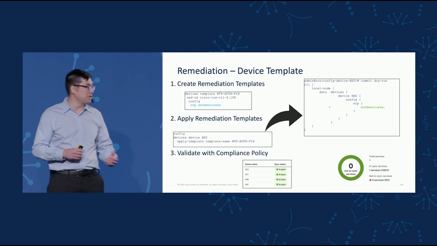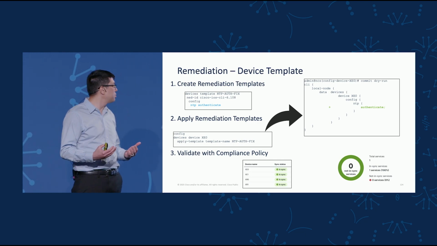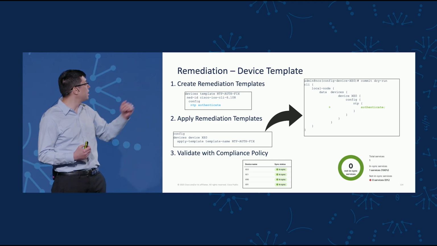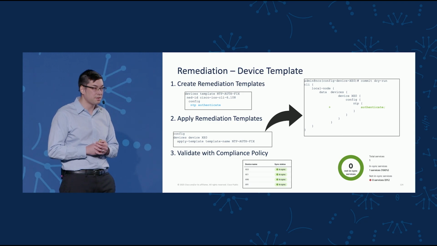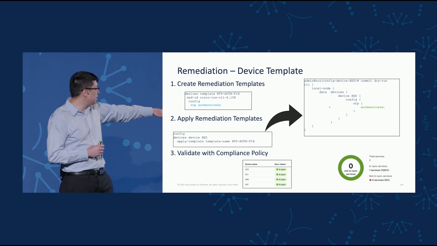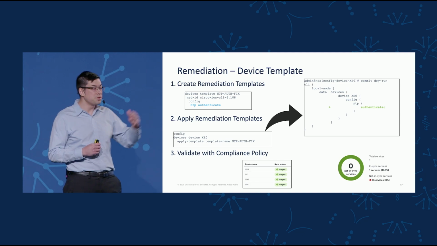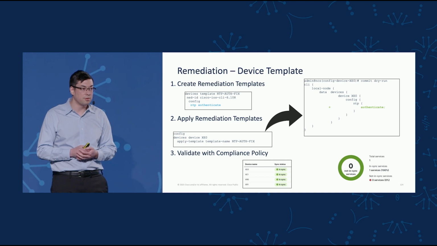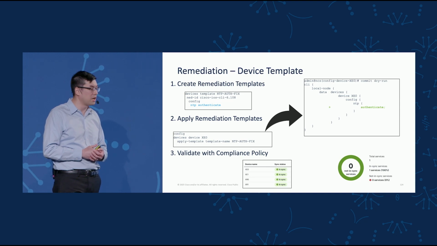So like I said, what if we don't use services? One of the workflows is we can create device templates quickly. Here we can create the actual device template name, the NED ID, and the configuration that we want to push to the device. Directly, we can apply that template to the device itself. Use the commit dry run to preview our changes and make sure that it's changing what we want to actually push. And then we go ahead and run our compliance report, and we see that we are compliant again.